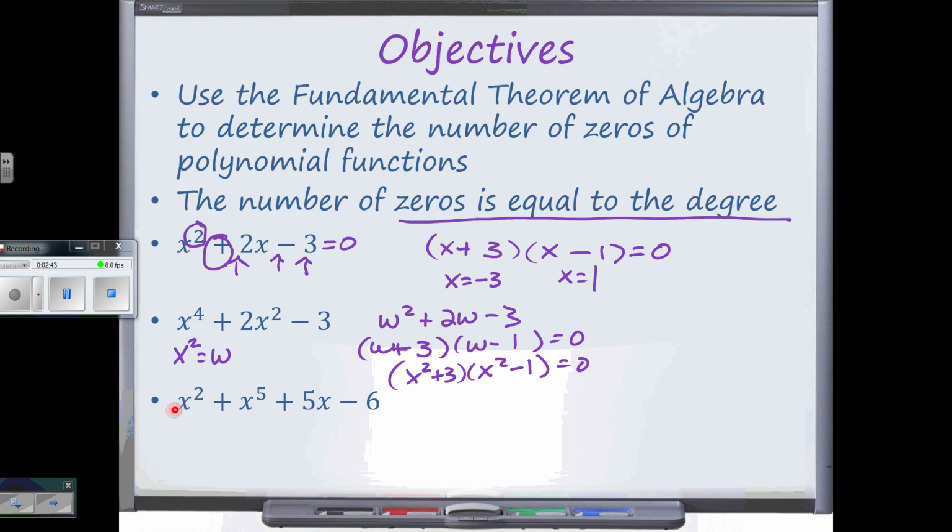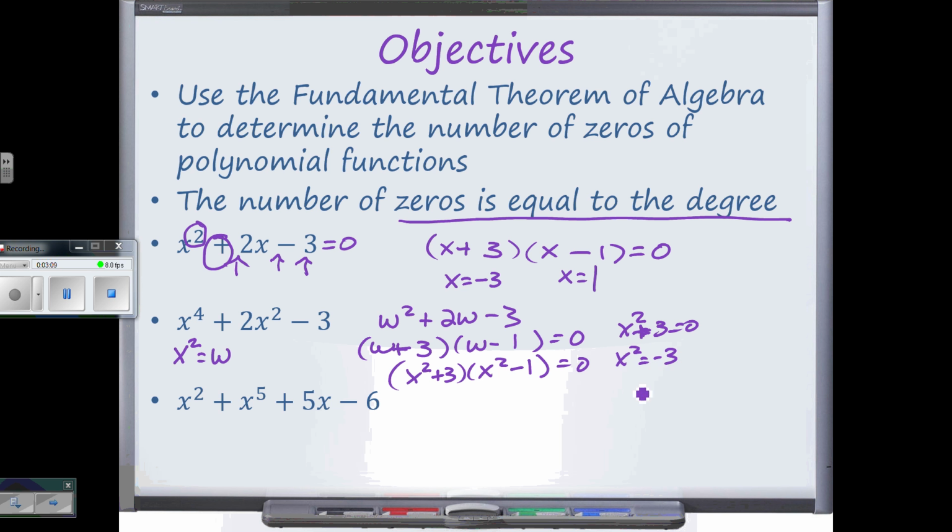I actually now have a laser pointer. This one right here, the x squared minus 1, is factorable because it is a difference of squares, so I would get x plus 1, x minus 1. But I'm going to show you that you don't have to be able to see that to successfully solve this equation. All right, if I set x squared plus 3 equals 0, I get